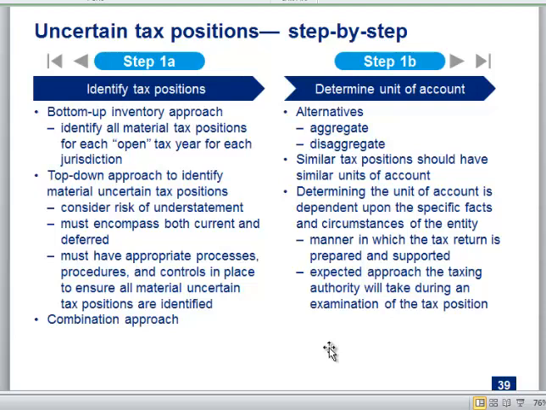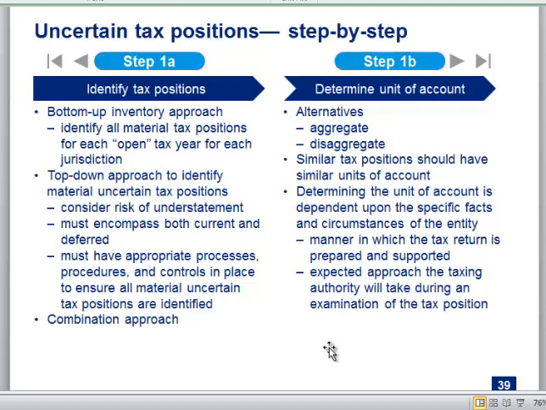Okay? And you can imagine that a big company would be like, okay, that's a lot of work. And that's reality. I mean, FIN 48 is time consuming, and when you look at a big company's documentation, it would be thick. This is not like a thin exercise that is ancillary to a big effort. This is part of a big effort.